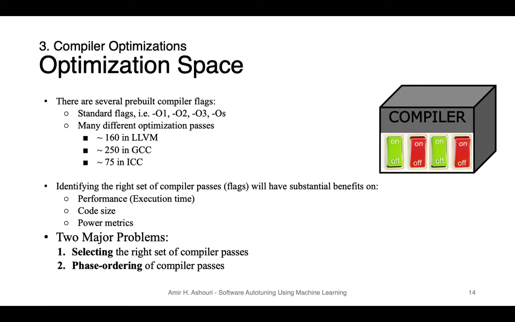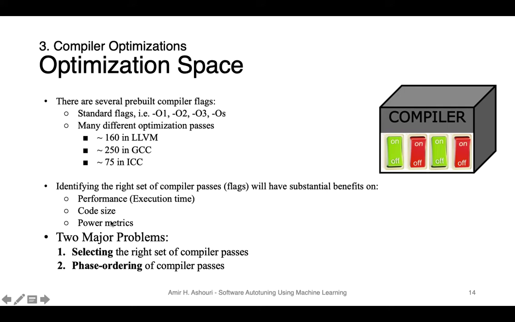In the past, compiler designers used to bring up some manual sequences of optimization known as the O levels: O0, O1, O2, O3, or Os. And through their trial and error, they found that these passes, on average, are going to be helpful if you use them on several applications. But in most cases, research has shown that we can easily outperform these standard flags. And we need to come up with better heuristics or machine learning-based models, constructed based on the application we are targeting.